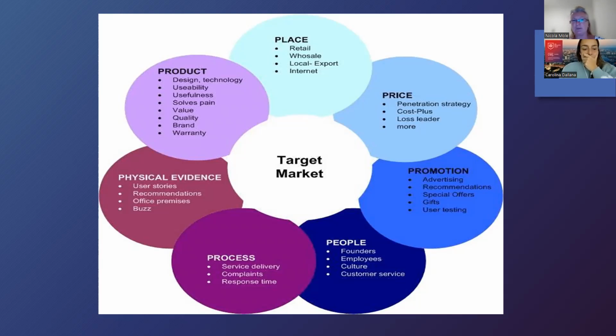Wholesale, there's a spelling mistake there too. How do we sell them? To the suppliers, okay? Do we sell them locally, or do we export our products to other countries? And do we advertise on the internet? So many different factors to take into consideration when we're working out how to sell our products.